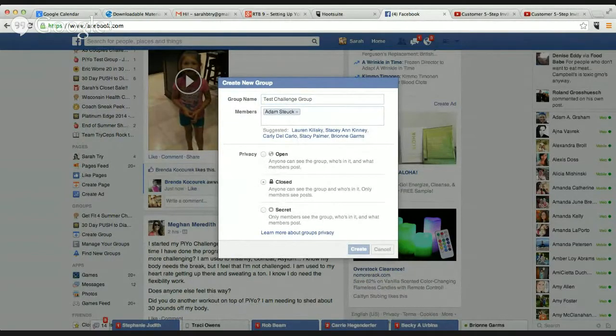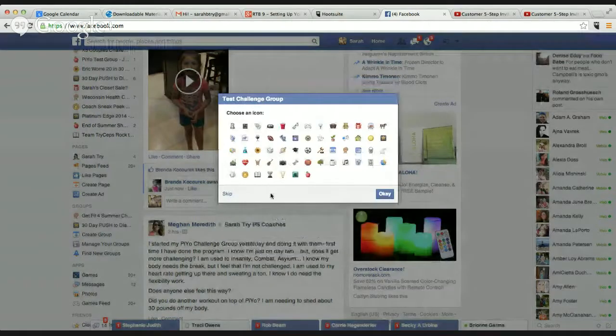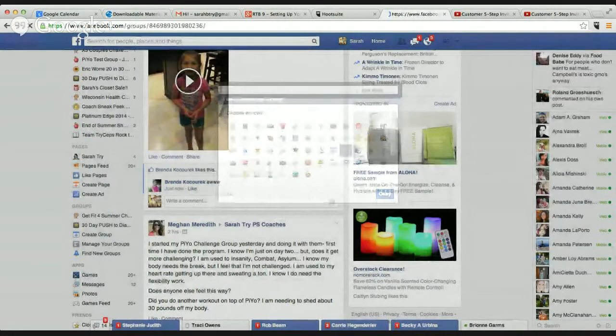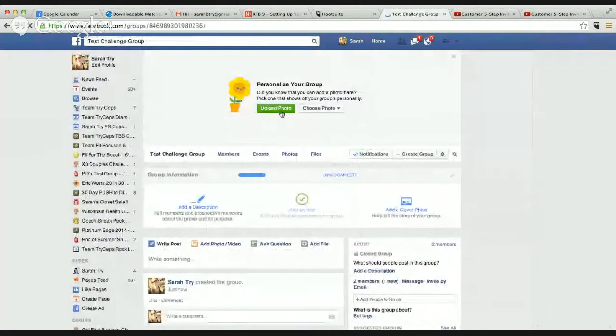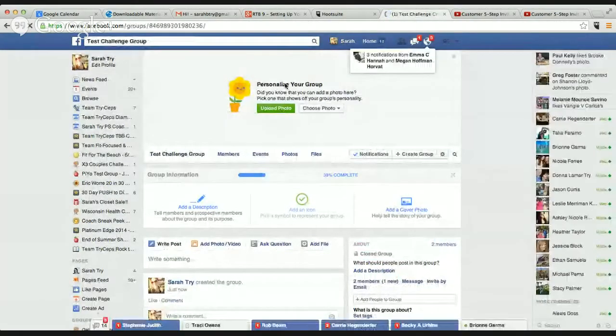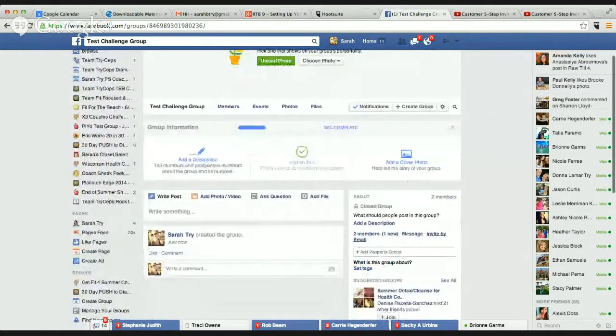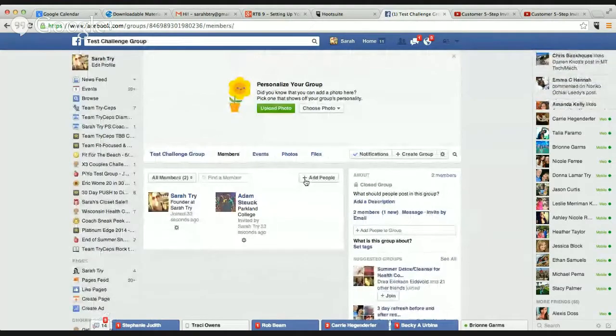I always want it to be closed, so I want to make sure that it says closed there. And then I'm just going to pick an icon. So I just pick whatever icon and I say OK. Once the group is up, you can always upload a photo to your cover page. A lot of times, for my challenge groups, I do motivational pictures or quotes here. You can add other people to the group after you've created it by coming here and typing in someone's name,